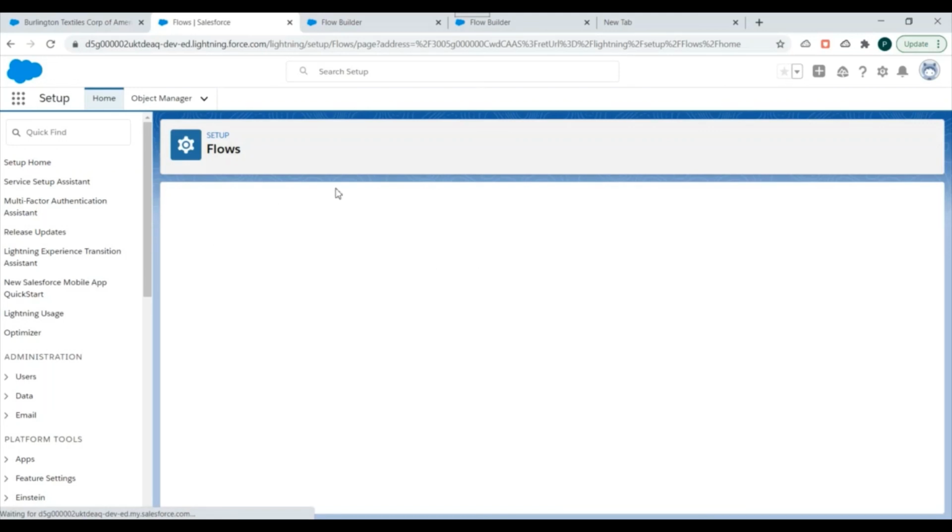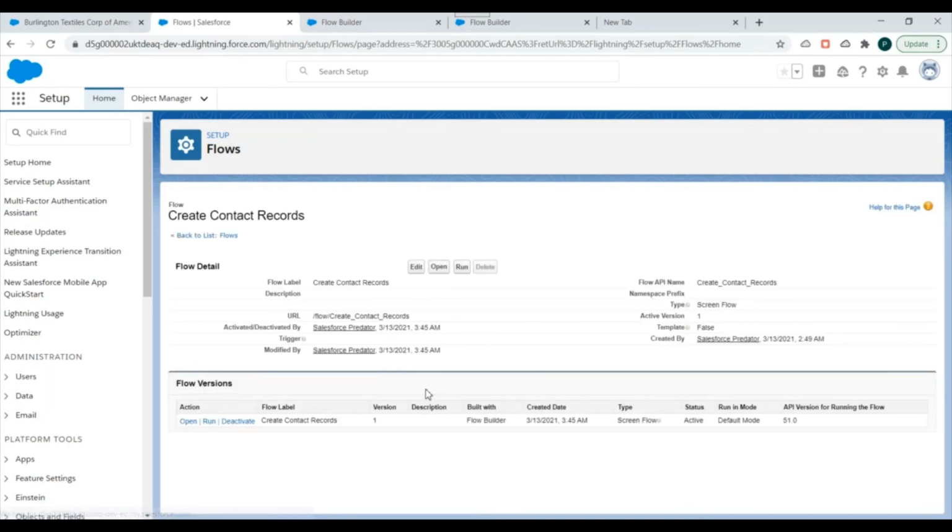If I click on view details and versions, it opens the flow's properties, and I can see the different versions present for this flow. Right now we only have one version. If we had more than one version, there would be one more record over here. And this delete button, you can see it is disabled. Why? Because you cannot delete a flow directly. First you have to deactivate this flow. If you had multiple versions, there would have been multiple records over here in the related list, and you would have been given an option to delete the flow.